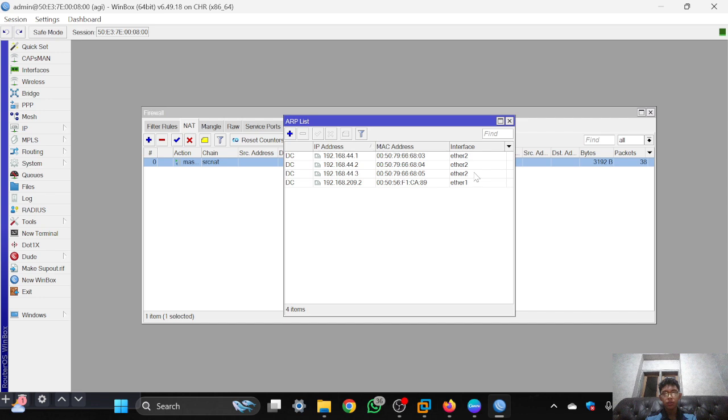Like this is the MikroTik that connects to the ESP, and these three are virtual PCs with the IPs that connect to the internet.